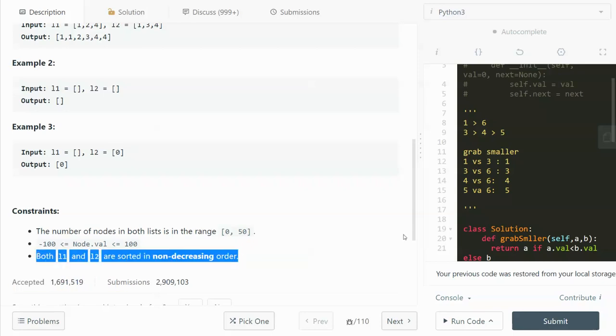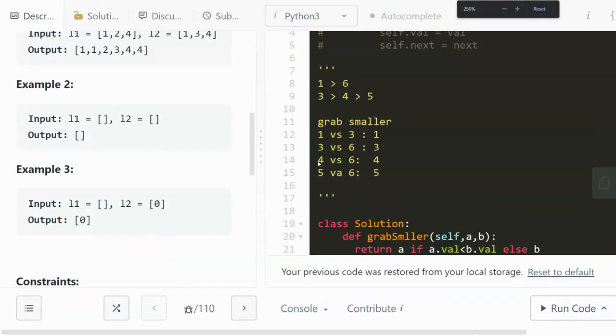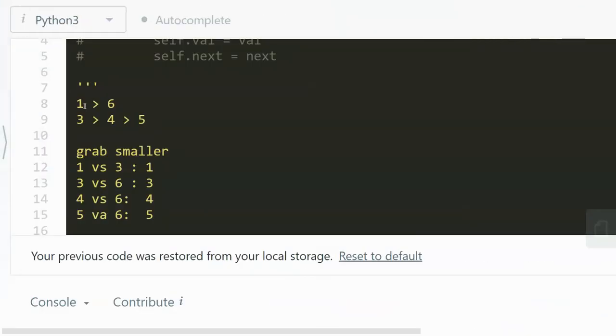Okay, let's look at one more example. Let me zoom in a little bit. If we have one list that looks like this: 1 to 6, and another one is 3 to 4 to 5. Both of them are non-decreasing, and they are not the same length. Each time we loop, we have to grab the smaller